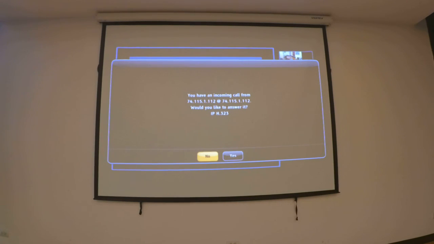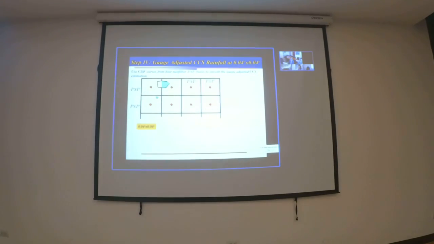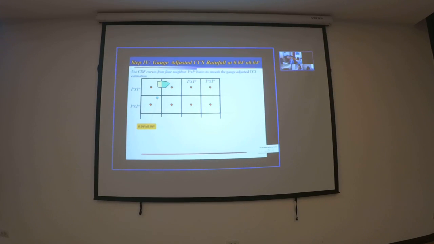In order to solve this problem, the estimation for a grid box now uses 4 neighboring 1 degree by 1 degree boxes for smoothing over the border and over the pixel. For example, the blue one we put here, and they are 4